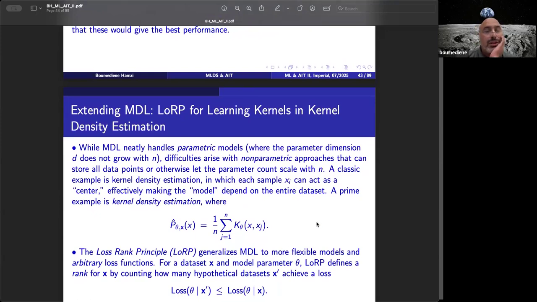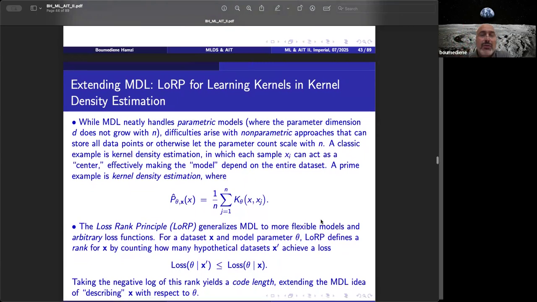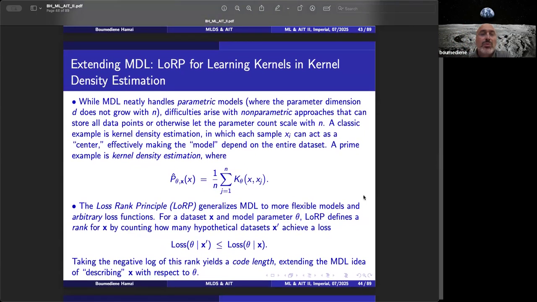So the other issue is the problem of unsupervised learning. Here we said we have kernel methods for AIT, and AIT for kernel methods, and then we also deal with supervised versus unsupervised. Sparse kernel flows in a way is the supervised part. The unsupervised part is the problem of learning kernels in kernel density estimation. So this is an unsupervised problem. We have this kernel density estimate that is given by the following approximation. And then MDL doesn't work well.